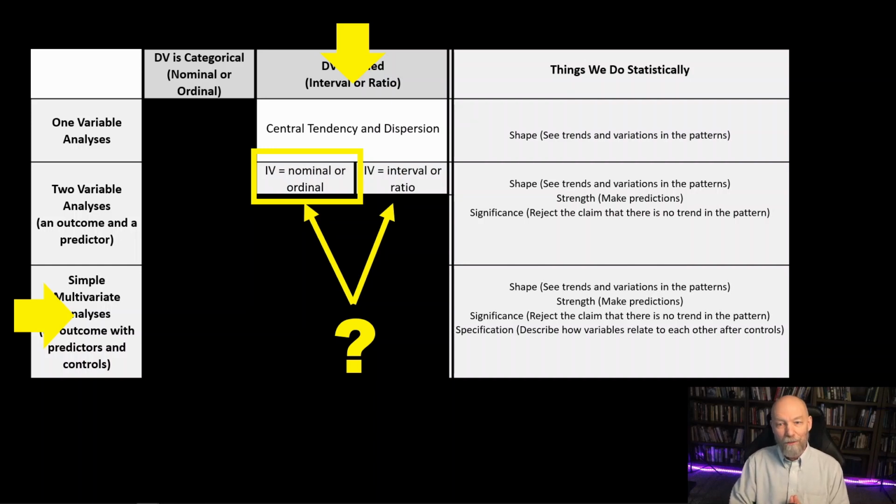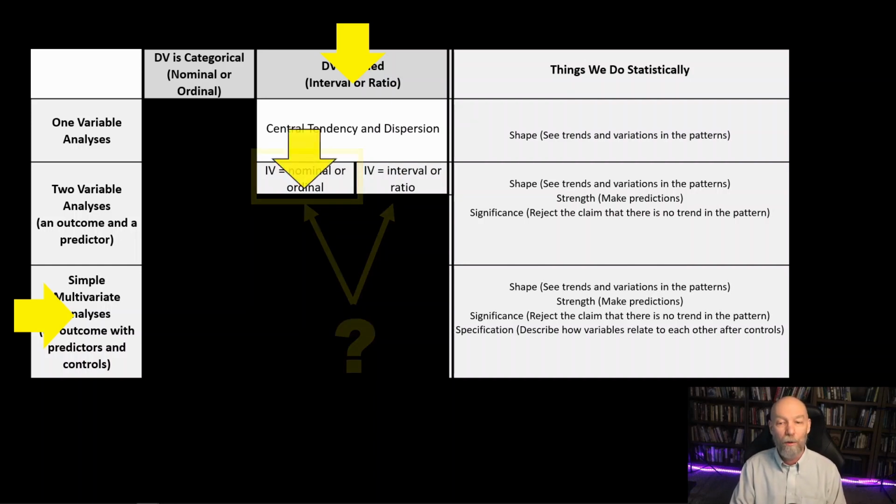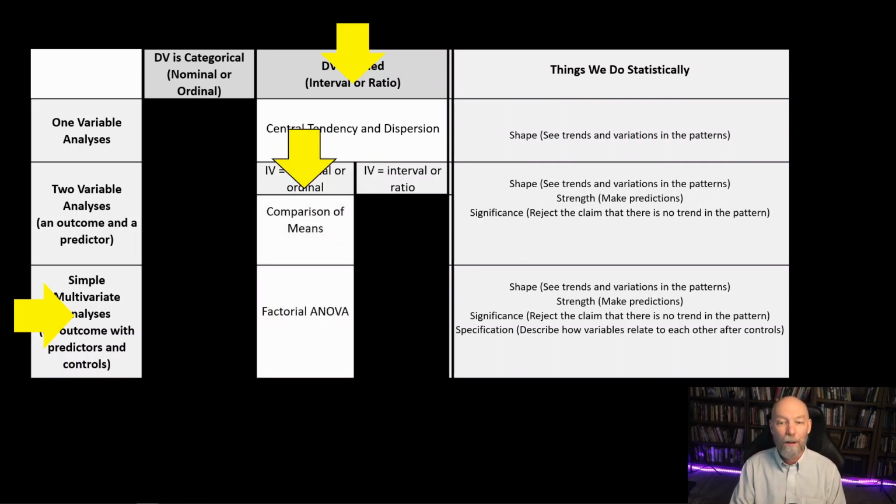What are you going to do if you have some independent variables that are categorical and some that are interval or ratio, and you want to run a multivariate analysis? Well, you're going to use something beyond simple multivariate analysis. You're going to use a more complicated multivariate analysis, which is beyond the scope of what this series of videos will introduce you to. I have set this example up so that both of the independent variables are in fact categorical. And that means that the choice we make for statistical tool is going to be in that column. So we are now in the cell simple multivariate analysis with a scaled dependent variable and two categorical independent variables,